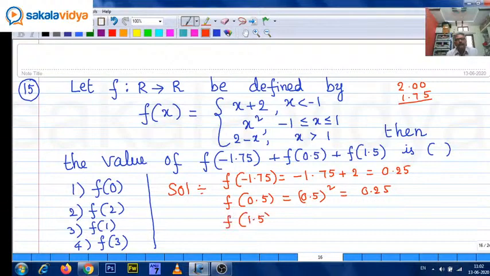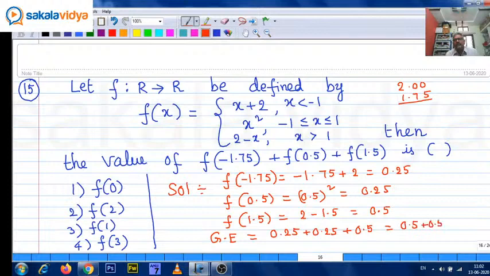F of 1.5 means 1.5 is greater than 1, so 2 minus 1.5. 2 minus 1.5 is equal to how much? That will be 0.5. So adding, the given expression is equal to 0.25 plus 0.25 plus 0.5. 0.25 plus 0.25 is 0.5, plus 0.5, that is 1. So 1 means if you substitute x equal to 1 here,